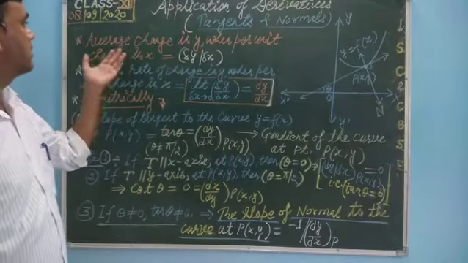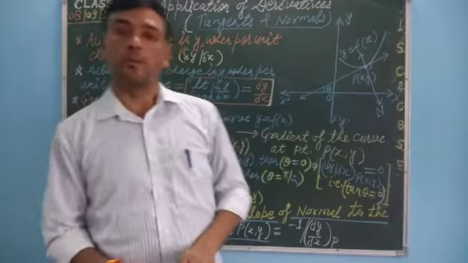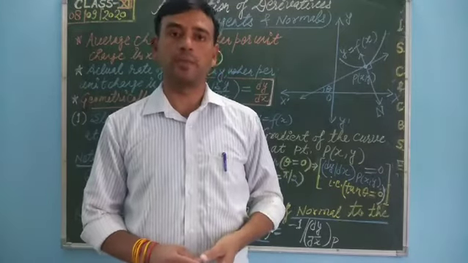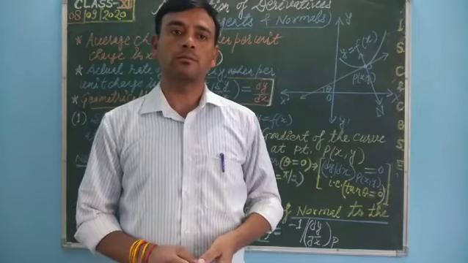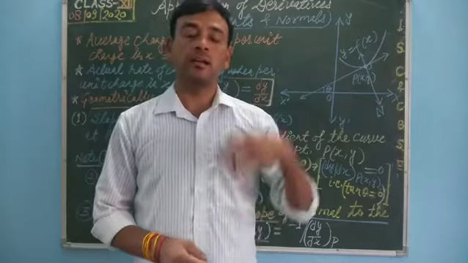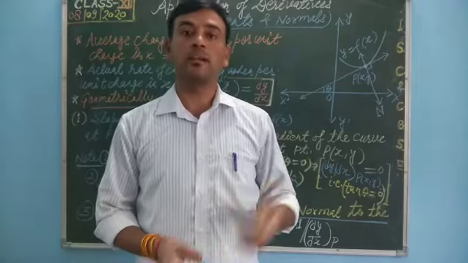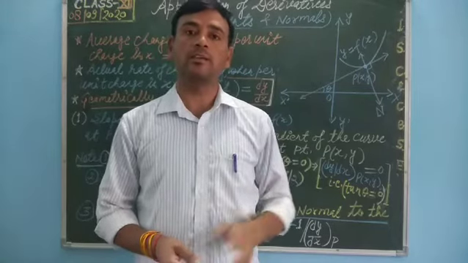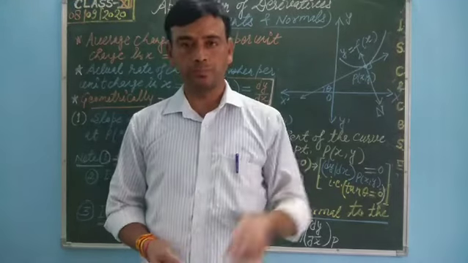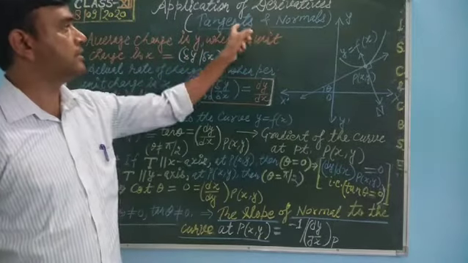Let me first discuss a point with you, that is rate of change of bodies, which we often study in physics also. So in session 2021, this portion has been removed, that is rate of change of dependent variable with respect to independent variable. It means rate of change in the bodies has been removed, but we have to take the concept of that before proceeding to tangents and normals.